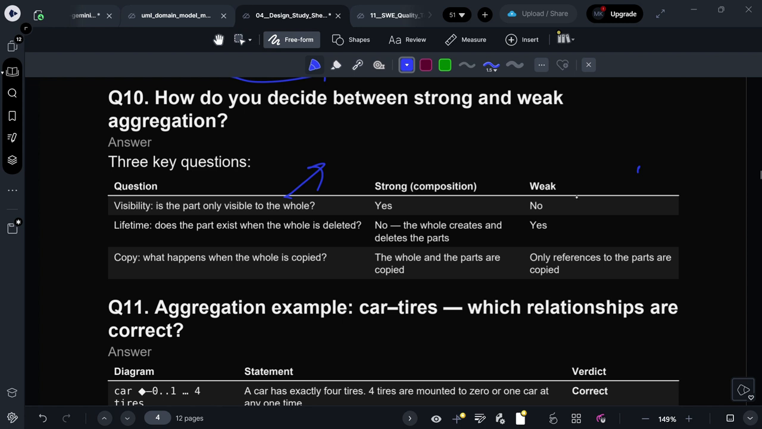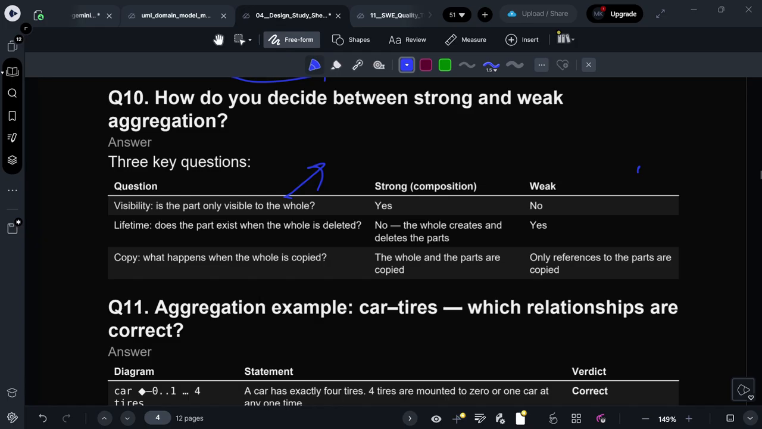Strong composition, yes. Weak composition, no. Its part is not only visible to the whole. Lifetime: does the part exist when the whole is deleted? No, the whole creates and deletes the part as well. In weak, yes, it still exists. Copy: what happens when a whole